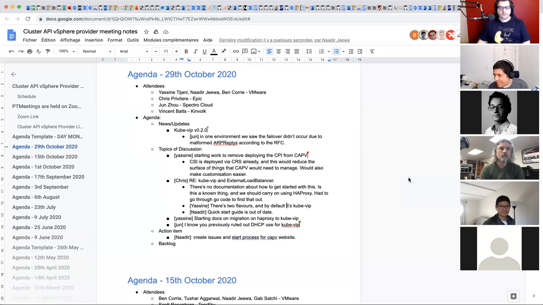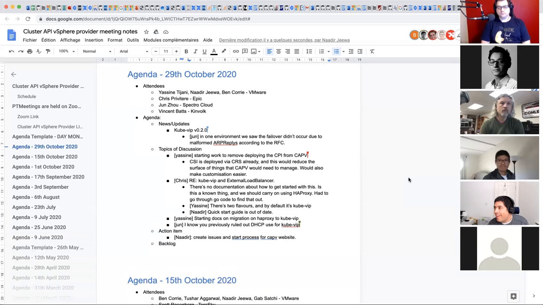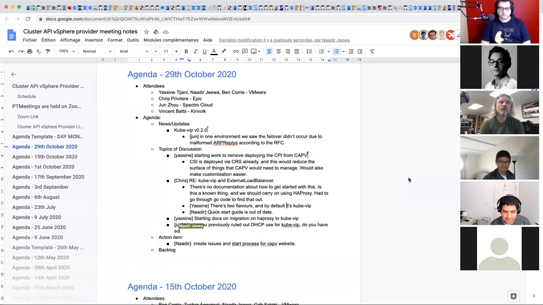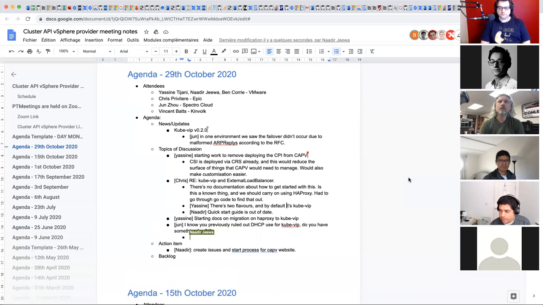Okay. So for the CI, we're planning on using the Metal3 IPAM probably. We do have ongoing thinking on using something that we have internally also, but we still need to discuss some of the details there.